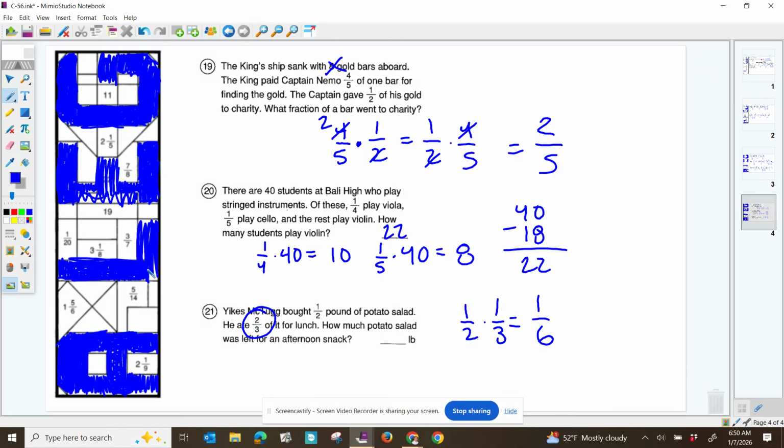So the joke, what has a bottom at the top? The answer is a leg. Your leg has a bottom